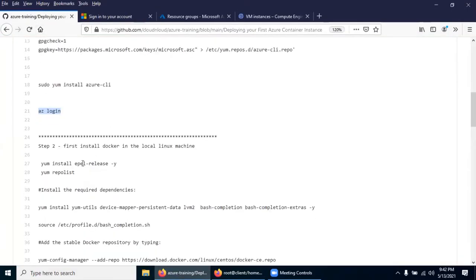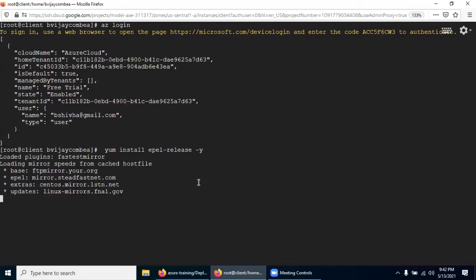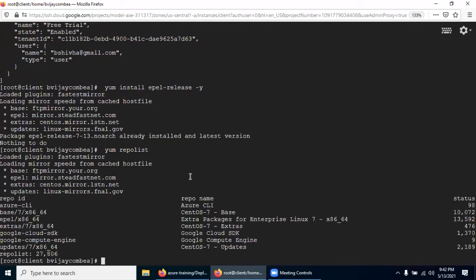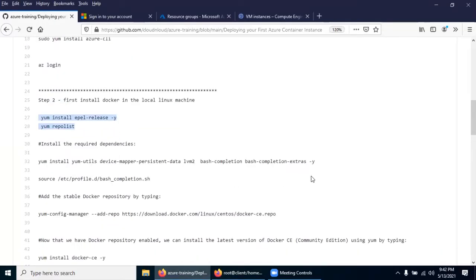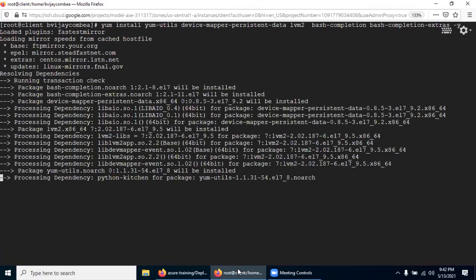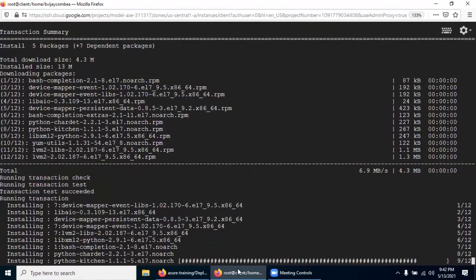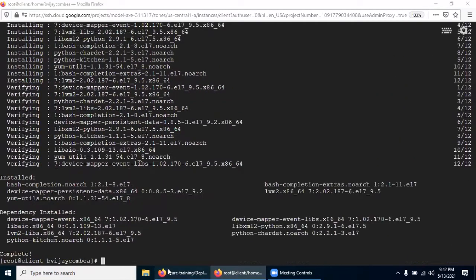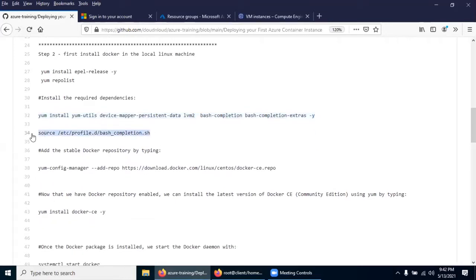Step 2, we are going to install Docker. I'm going to install it. I'm going to refresh the repository. Now we are going to install some prerequisites. Once the prerequisites are installed, instead of logging out and logging back in, we will initialize this.